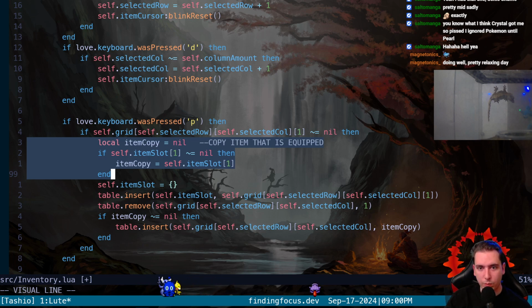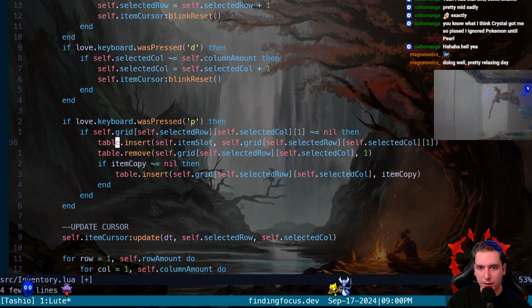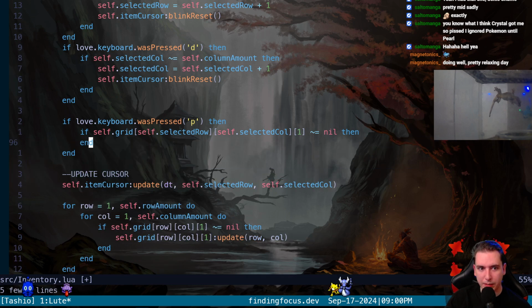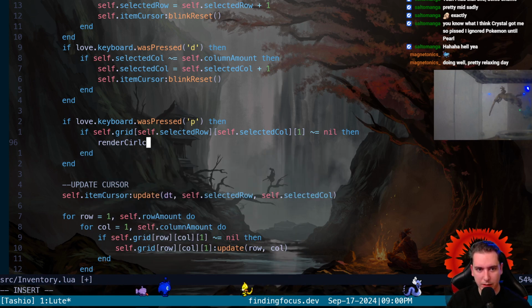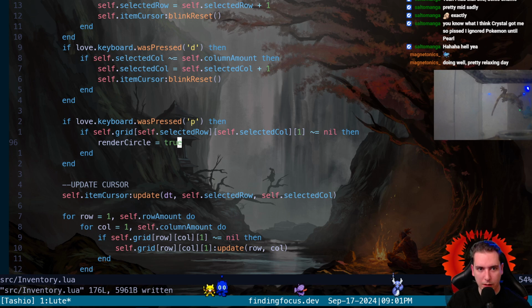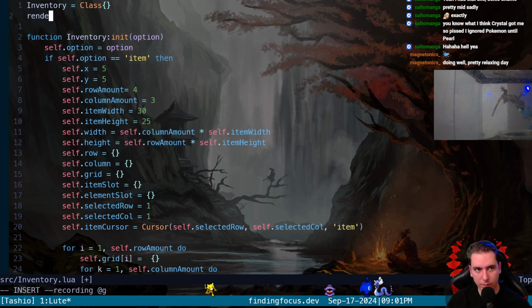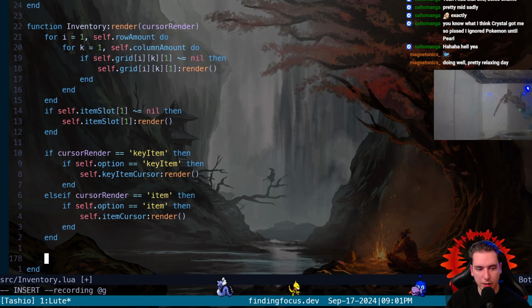We can say selected spellcast gets fire if P is pressed on selected row 1, selected column 1, because that's where the fire is. So we could do that. We don't need an item slot. Let's just try this where we can say if P is pressed, then render circle gets true. I just want to test something out here. And then we can initialize render circle as false up here just to test this out. Render circle gets false. And then in our render function, we're going to say